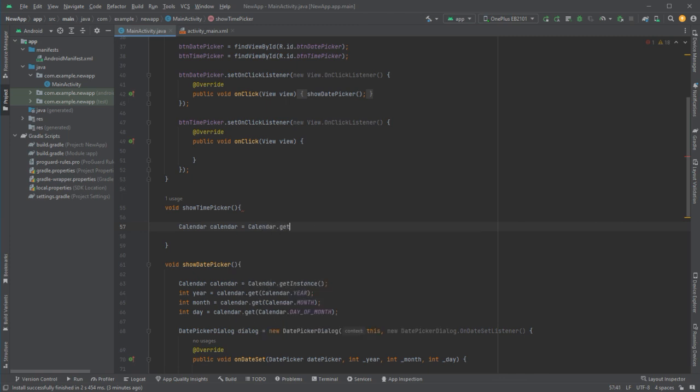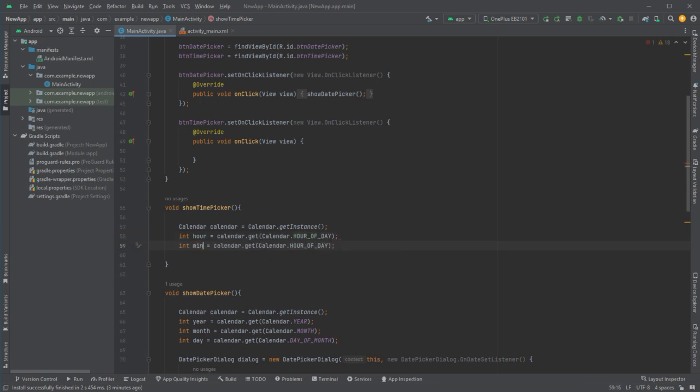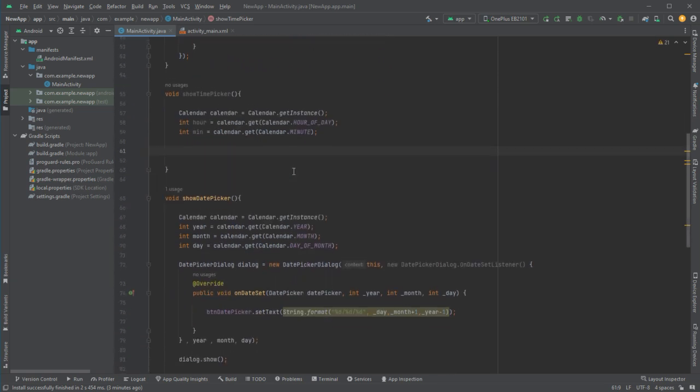Calendar.getInstance, and here I will take hour equal to calendar.get calendar.HOUR_OF_DAY, and I will have minute also. Minute. Okay, so we have calendar hour, calendar minute, and just like the date picker dialog, I will